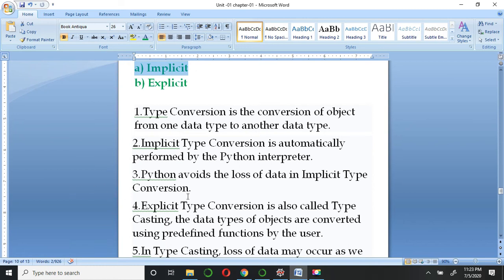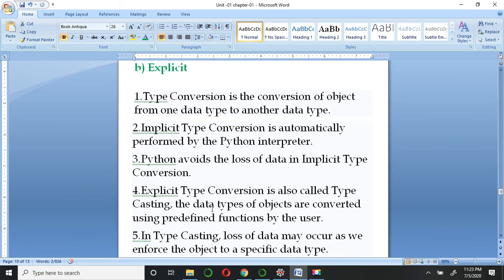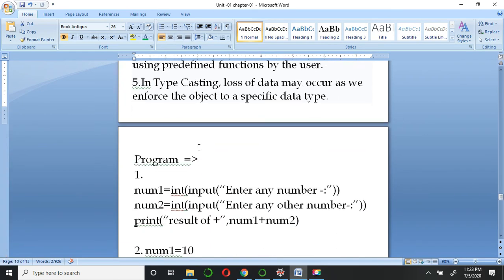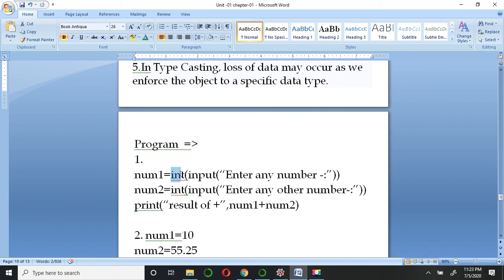Explicit type conversion is also called typecasting. So this conversion concept is also called typecasting. The data types of objects are converted using a predefined function by the user. So in the second category, explicit function, we use int here, and whatever number comes in the input function will be converted into an integer.